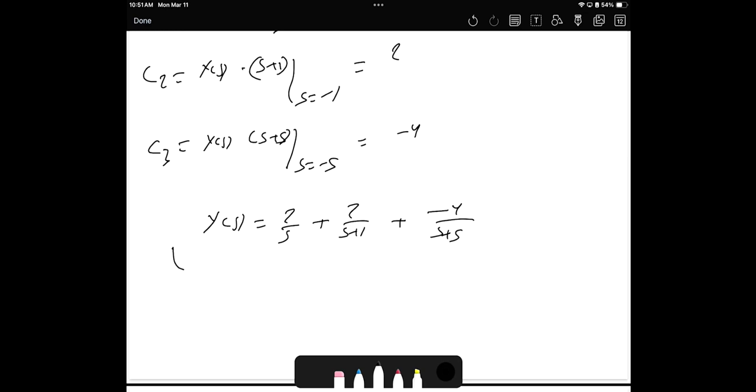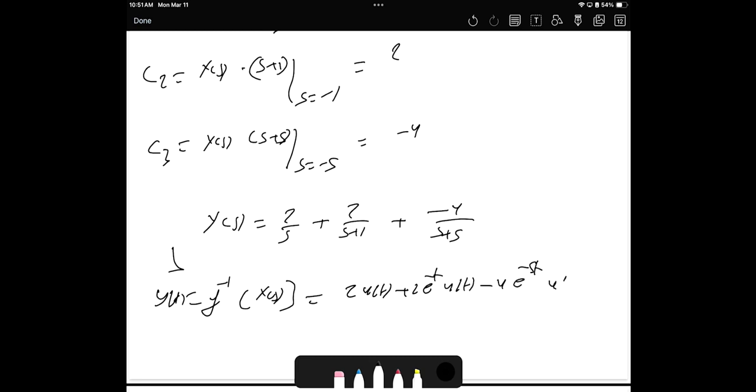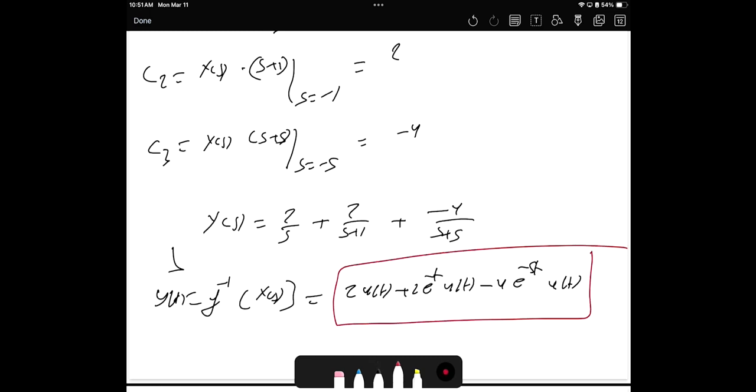Now I'm ready to do the Laplace inverse. So y of t will be the Laplace inverse of Y of s. Then it's going to be 2 u of t plus 2 e to the negative t u of t minus 4 e to the negative 5t u of t, then we are probably done. Any questions? Okay, so that's